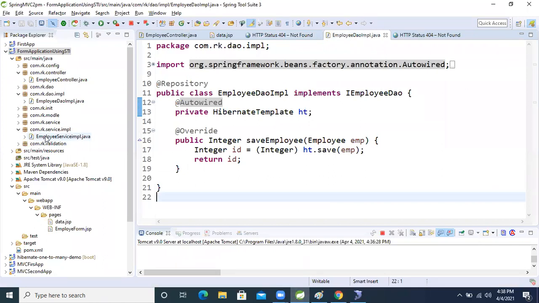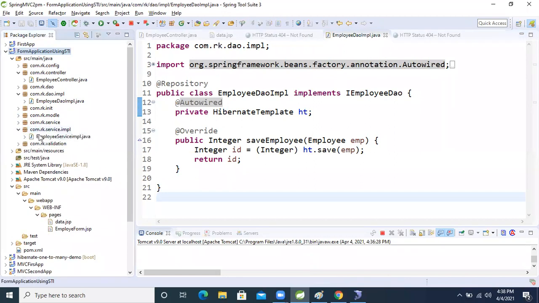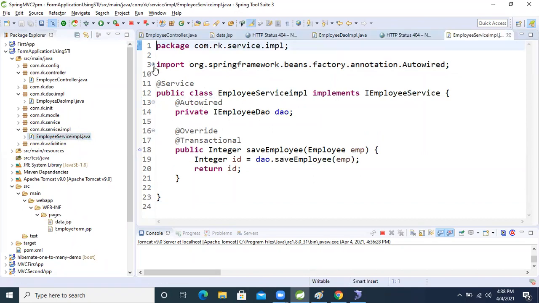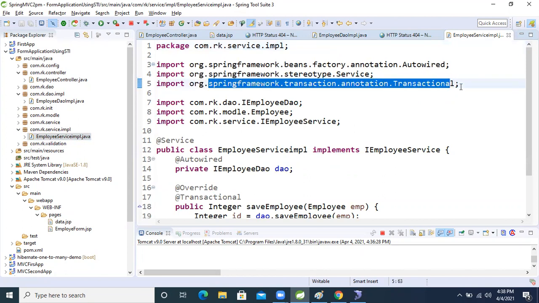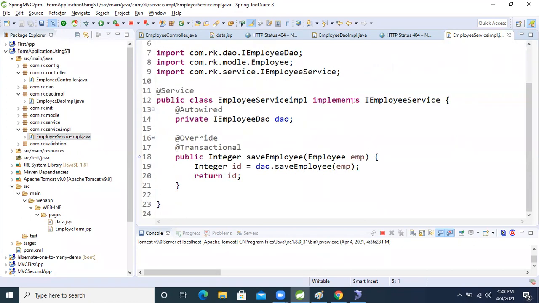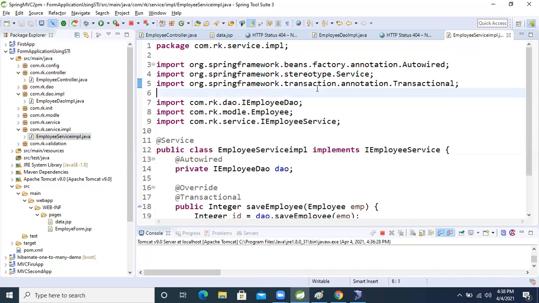Come to the service class. I took the wrong transaction management. Okay, I will tell where the service implementation is. Don't worry, sometimes these things happen, okay? Here, we took only the Spring transaction annotation, right? Spring only, guys. org.springframework.transaction.annotation.Transactional. Same, that's correct. And we are performing a non-select operation, but still why are we getting this problem?